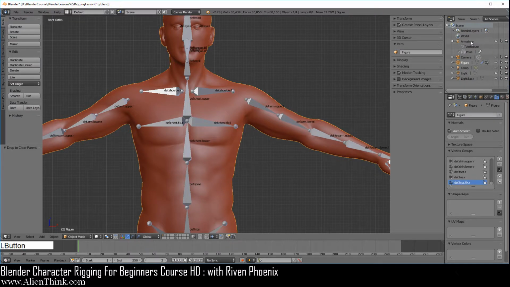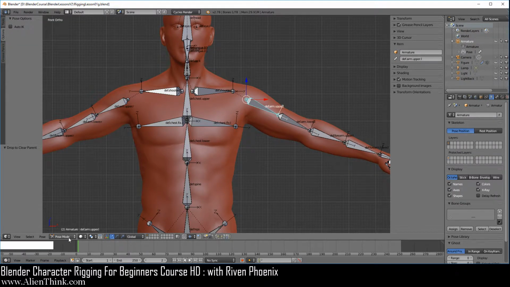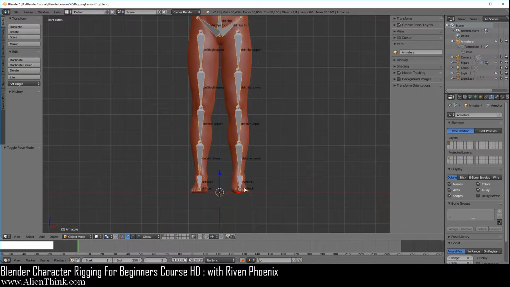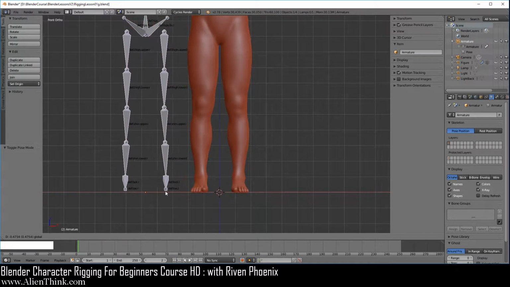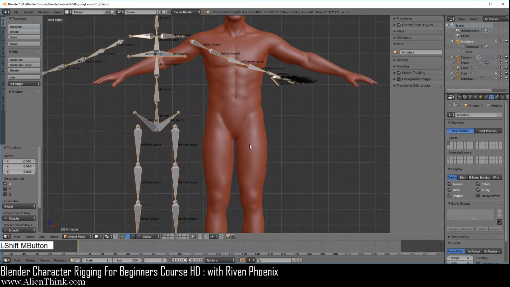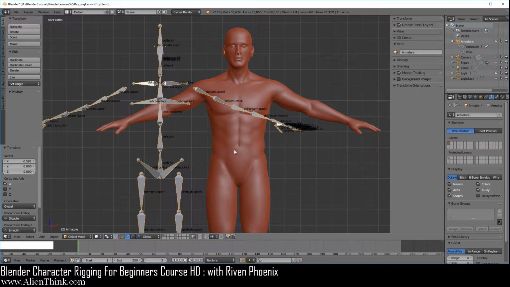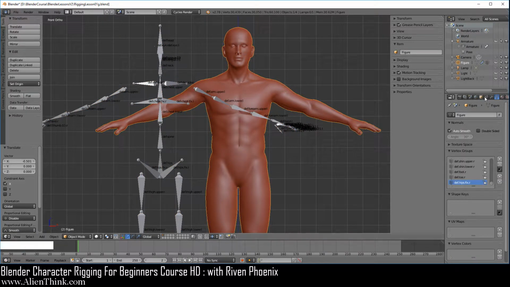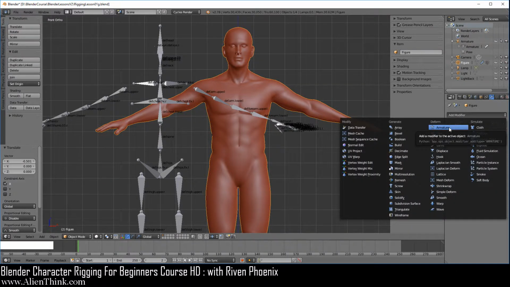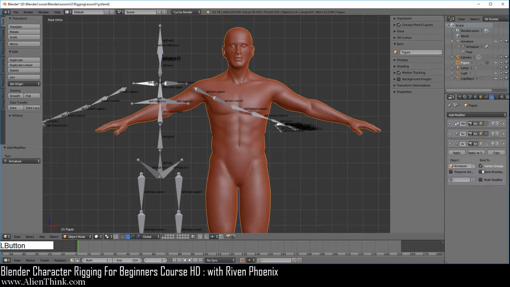So this means that now when we click on the armature and go to object mode, zoom out, shift middle mouse button, and click over here, we can separate the armature from the figure. So this is going to create issues, right? Because as I've shown you, when you click on this figure, you can go back to the modifiers tab and click on armature and set it up again.